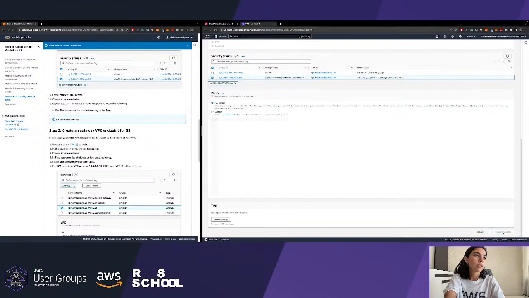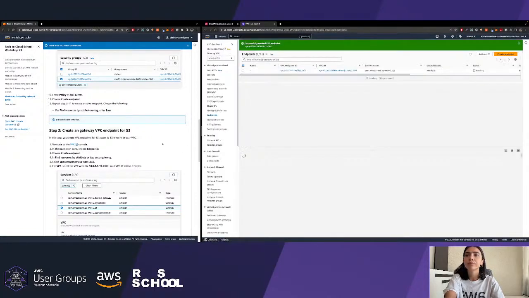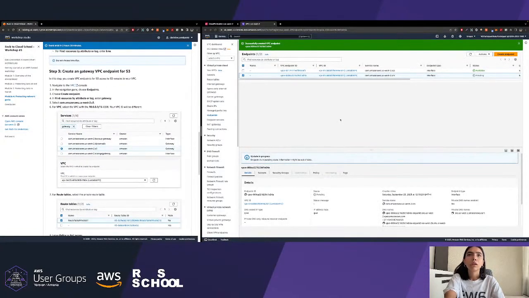Great. Sweet. Create endpoint. Okay, so we have two interface endpoints created, one for our SNS and one for our SQS.